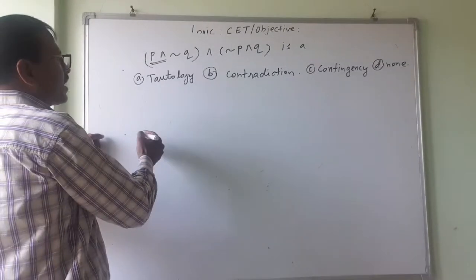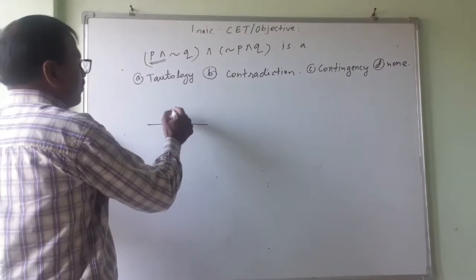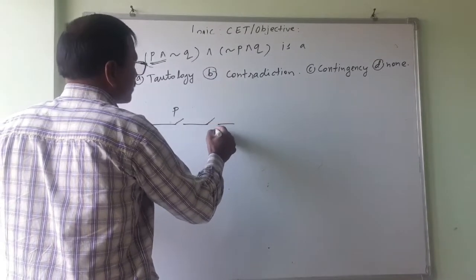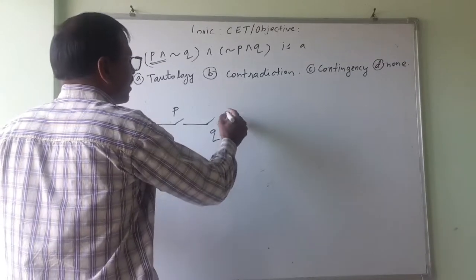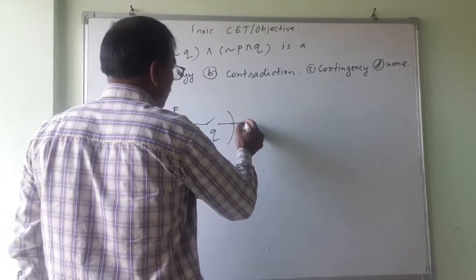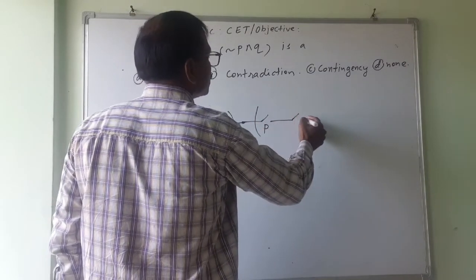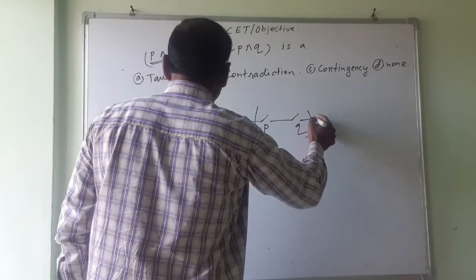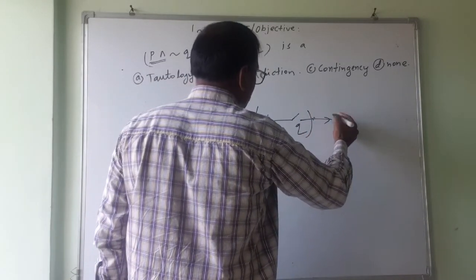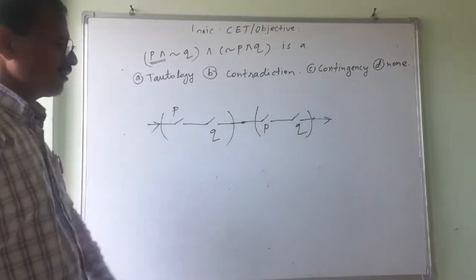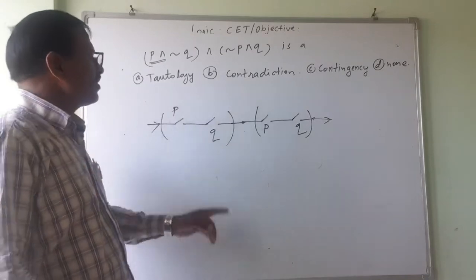Or if you construct the circuit like this, P and negation Q, suppose this is the P switch, this is the Q switch, this is one part. In this AND, another bracket I will put, and for this AND, this is P and this is Q. Now I want to send the current from this and it should come out from this. If I get the shock, then I will say it is true. If I don't get the shock, I will say false. Instead of simplifying the circuit, it's very simple now.